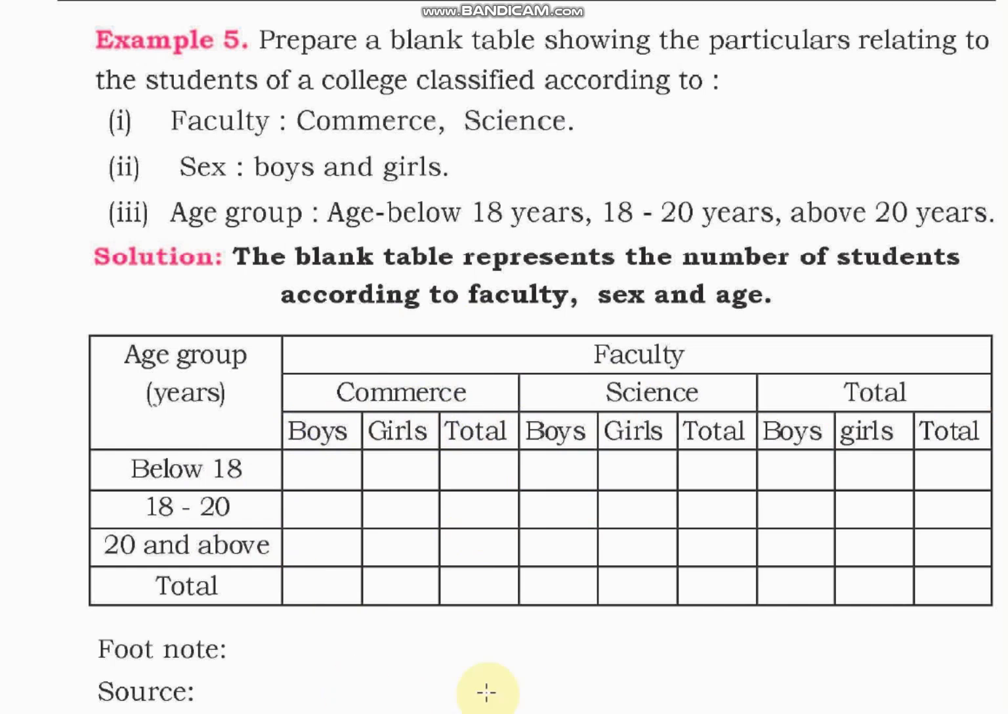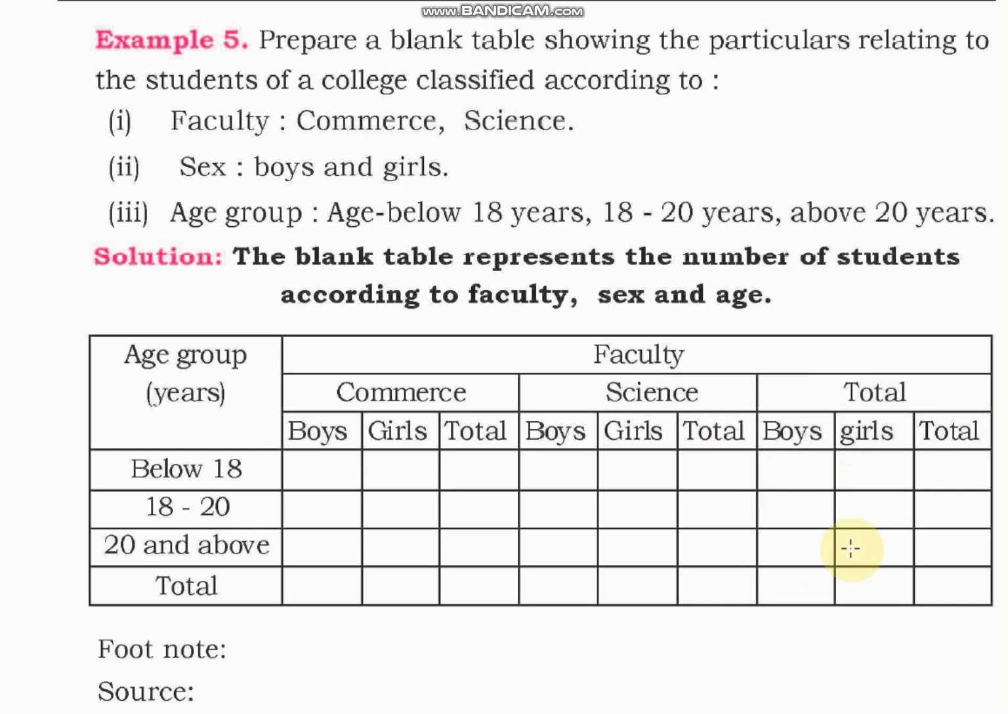So this part of the table gives you the details of commerce. In commerce faculty, how many boys are there? The total is written here. How many girls are there? The total is written here. This total of the totals gives you the total number of commerce students. Here this section gives you the total number of boys and girls of science faculty, and this grand total gives you